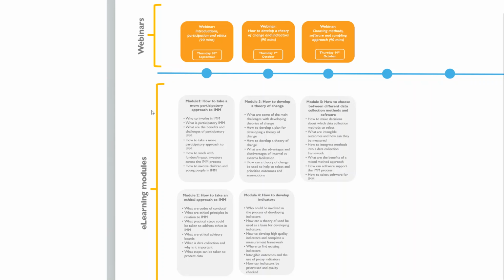The first is on selecting data collection methods, which goes into the different data collection methods you could choose, whether that be more standard or more creative, and how to take a mixed method approach combining qualitative and quantitative data collection. It also covers the selection of software, again a little more lightly than the selection of methods more generally, and then how to get the right sampling, so how to get the right sample size using sample size calculators,